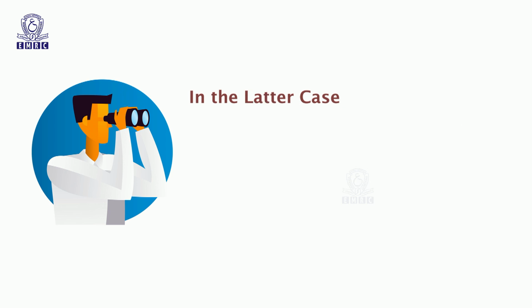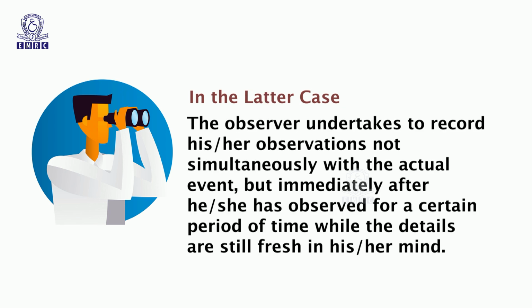In the latter case, the observer undertakes to record his or her observation not simultaneously with the actual event, but immediately after he/she has observed for a certain period of time, while the details are still fresh in